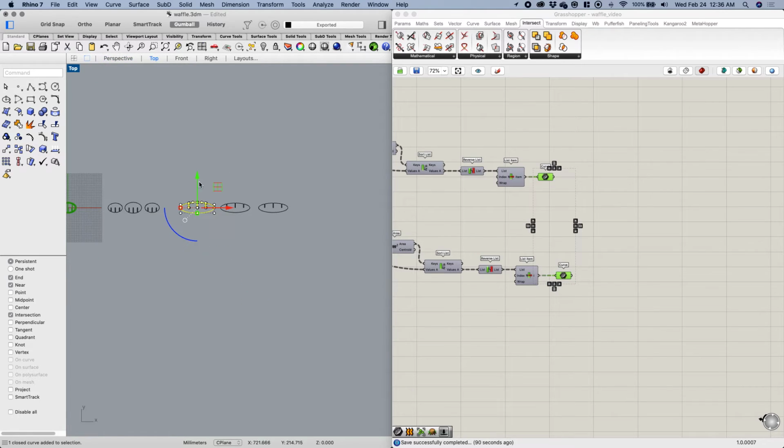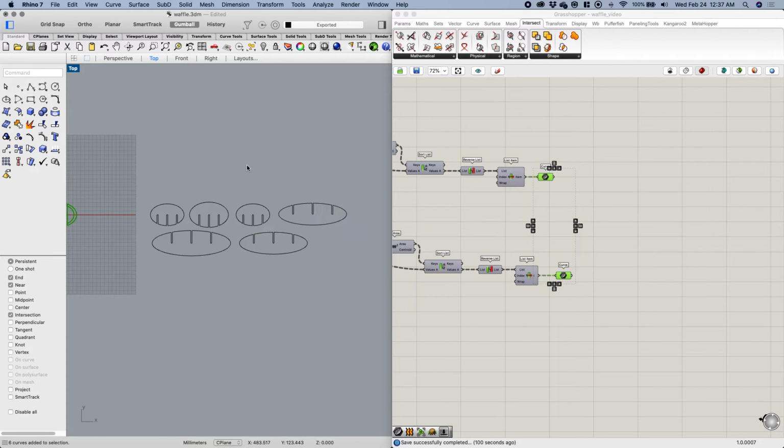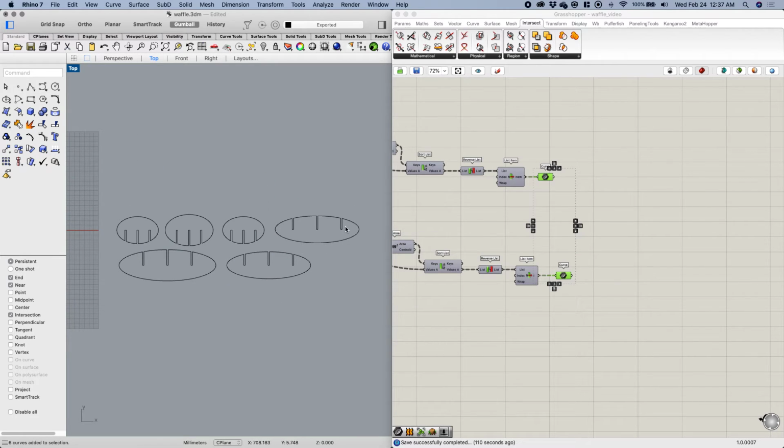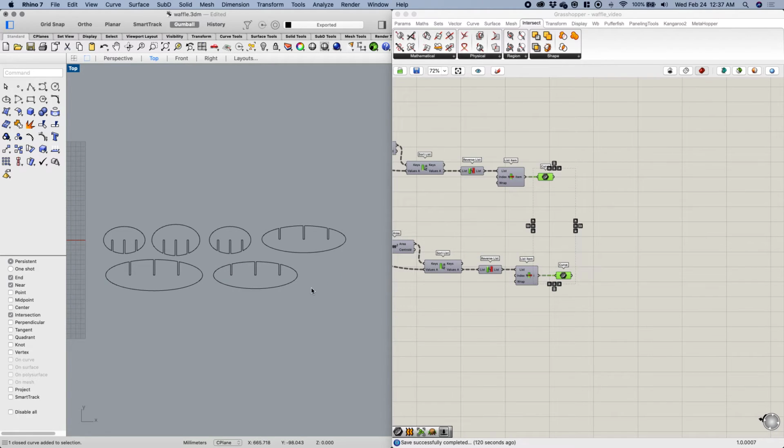So what I could do with these now is I could organize them in a way that makes it a little bit easier to export. So maybe just kind of set them like this. And this is such a simple version of this model, I don't really need to worry about labels, but if I had many more pieces, perhaps tens or hundreds of pieces, depending on the scale of the object or the thickness of material,